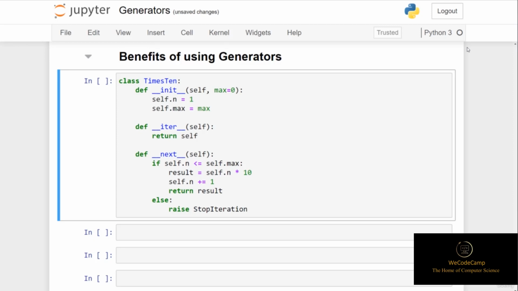We handled the states of n and we compared it to max. We multiplied n by 10. We then incremented n by 1 and then returned the result. And we raised the stop iteration when there were no further elements to be iterated over. Now, to create this class, it's quite long and can also look quite confusing to those who are unfamiliar with this type of implementation. But the good news is we can create the same thing using a generator function, using